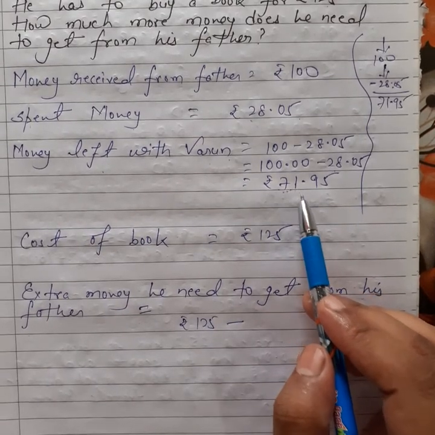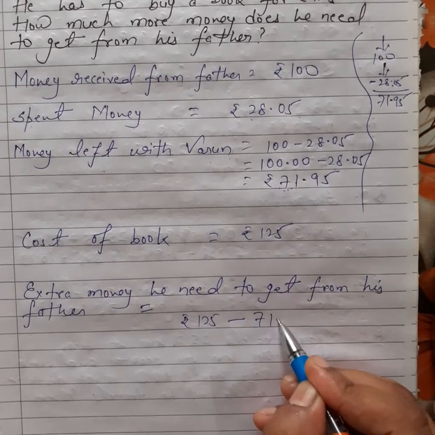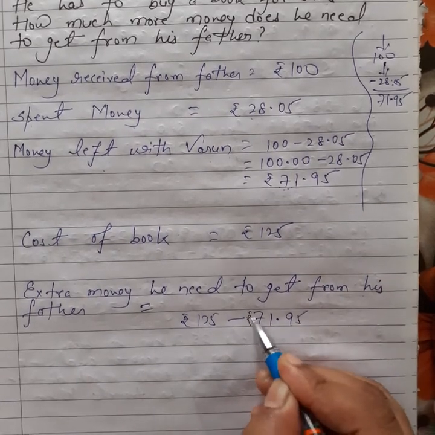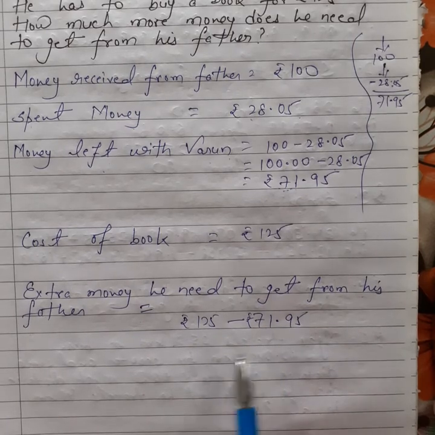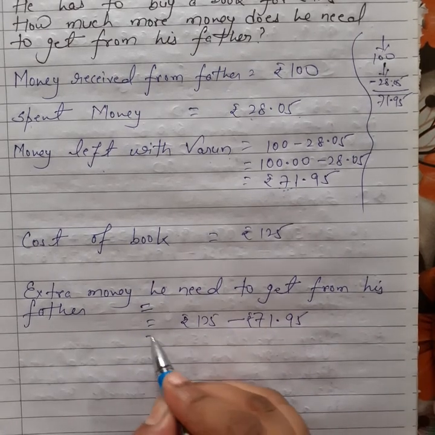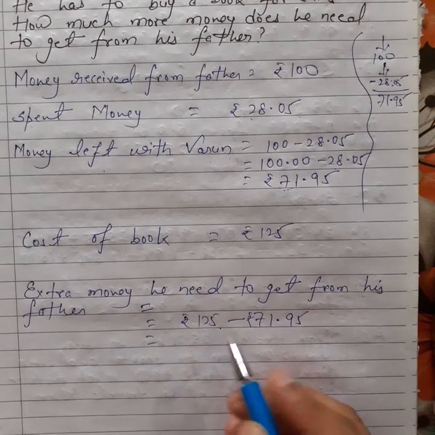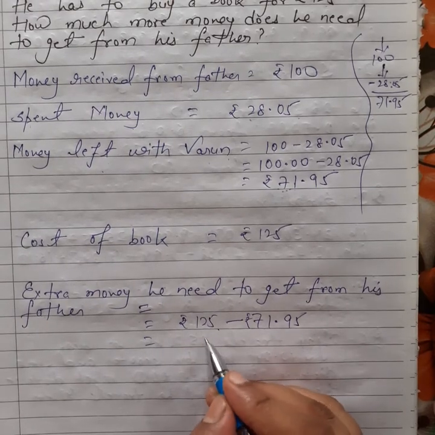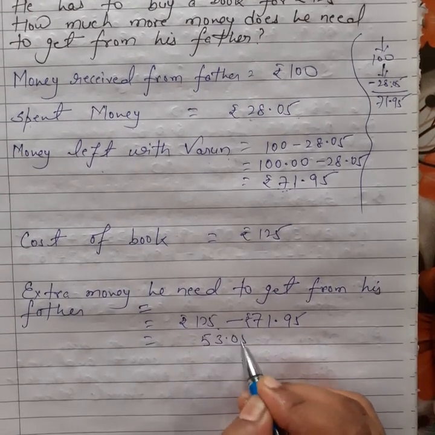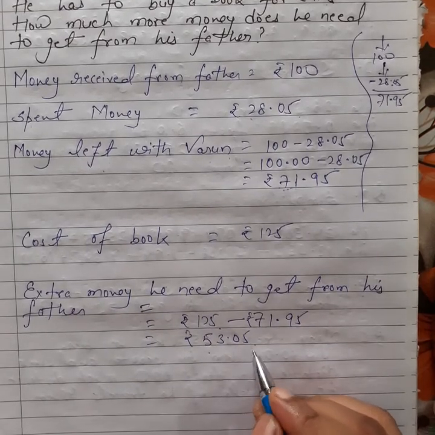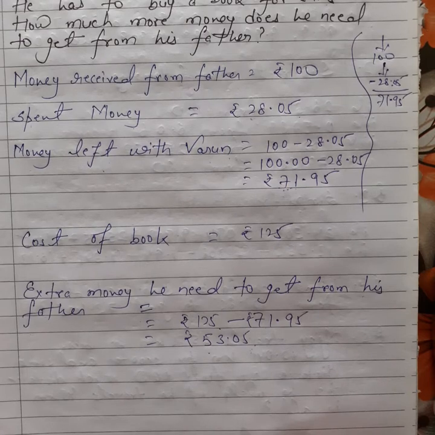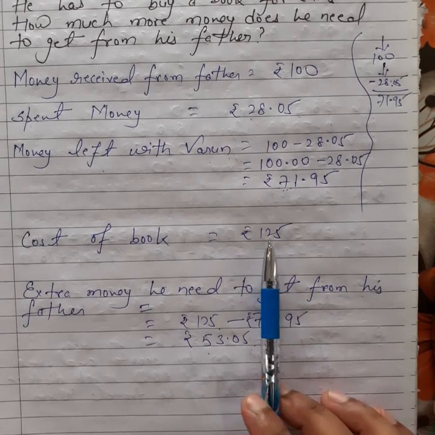The money left with Varun is 71.95. Now we subtract 71.95 from 125 and we get 53.05 rupees he needs to get from his father, so that he can purchase that book of cost rupees